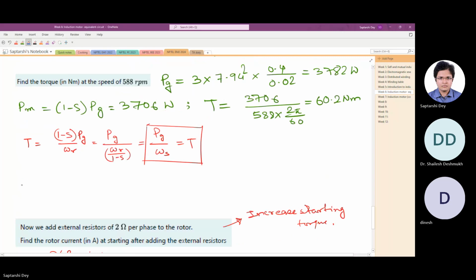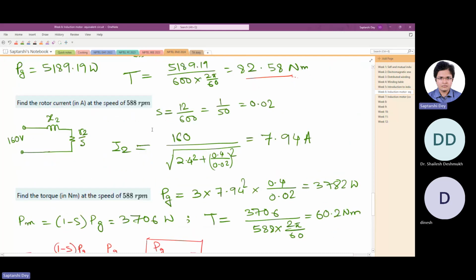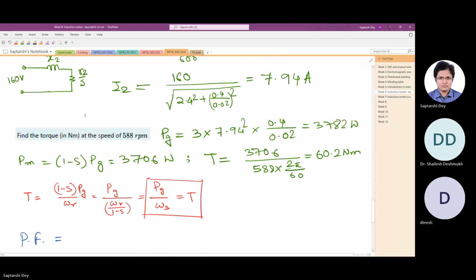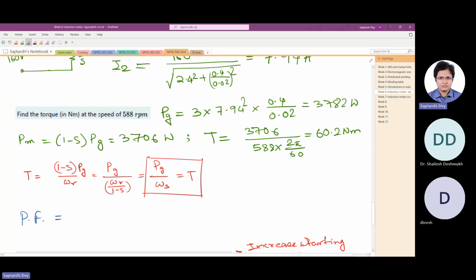It is just the resistance divided by total impedance. So R2 by S, how much was R2 by S? 0.4 by 0.02, divided by the total, square root of (0.4 by 0.02) squared plus 2.4 squared. This will give you